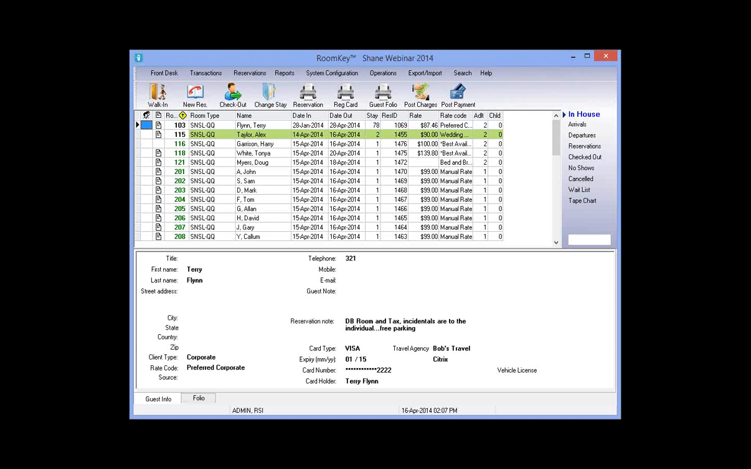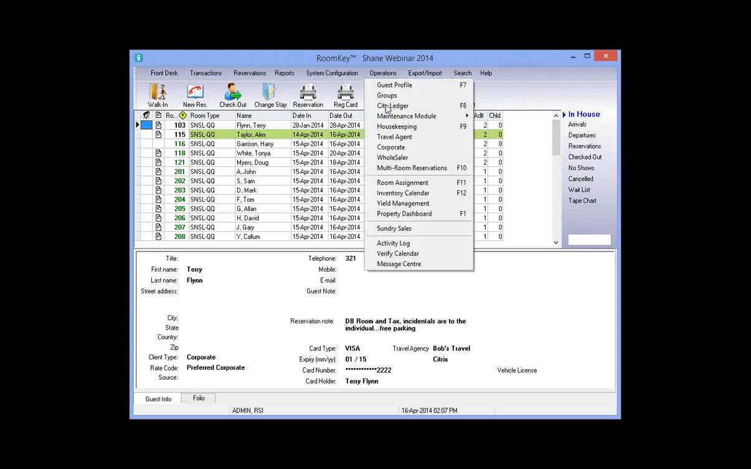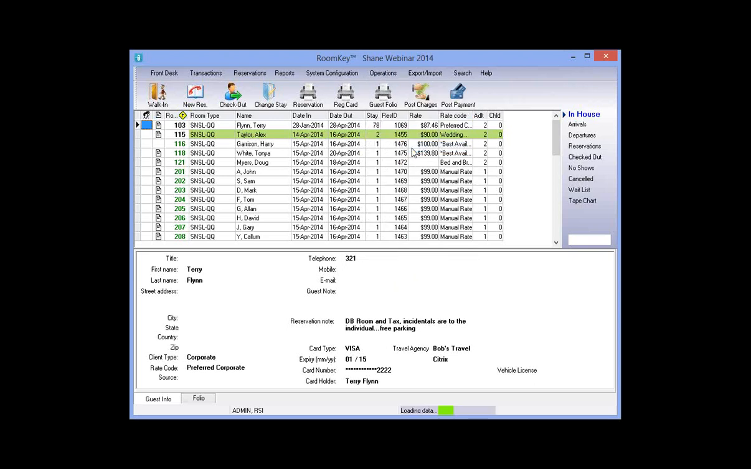Covering off the webinar on our corporate area and on our groups area of the system. We are going to start with the corporate area. So if I go into operations, I'm going to go down to corporate, and this will open up the corporate